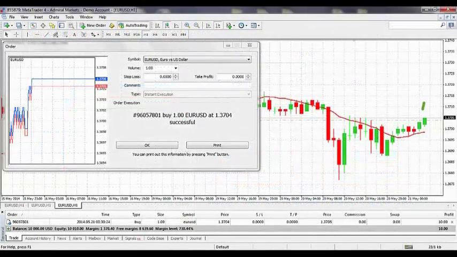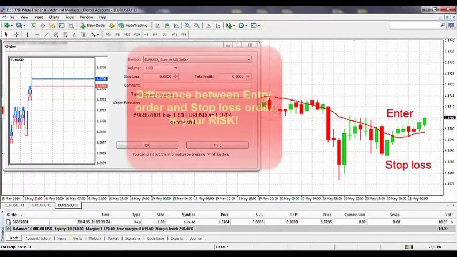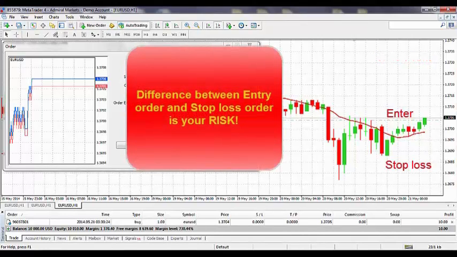So when the market moves in the direction of our trade and it hits the take profit target, it will close the trade automatically and bank our profits. But if something unforeseen happens, or if we didn't follow the rules of our trading strategy and the market moves in the opposite direction of our trade, the trade will be closed automatically when it hits the stop loss order. Remember, the difference between the entry point of your trade and your stop loss is your risk,